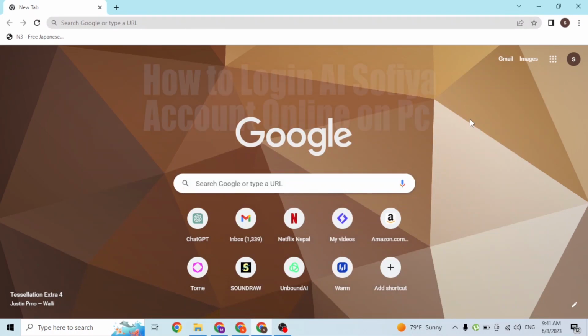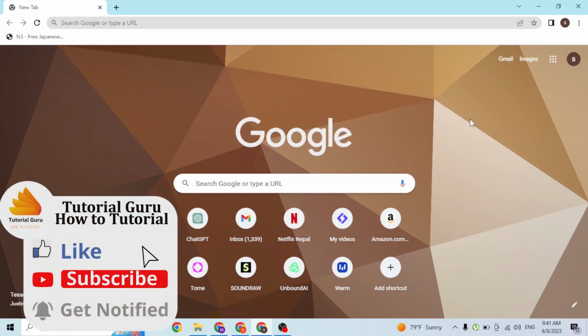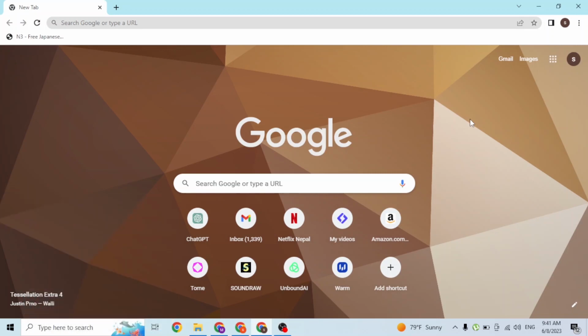Today I'll be showing you how to log into your AI Sofiya account, which is an awesome social media ad generator as well as a text-to-speech AI, and it also has the feature to create all your videos or design your posts with Adobe Express, powered by the voiceovers. And with that being said, guys, in order to log into your Sofiya AI account online on your computer or